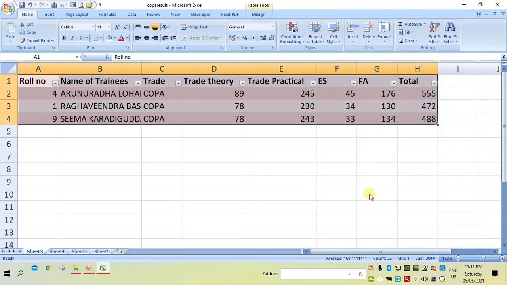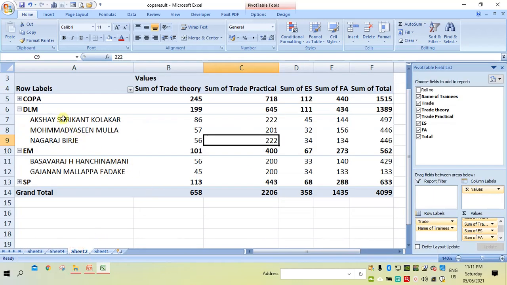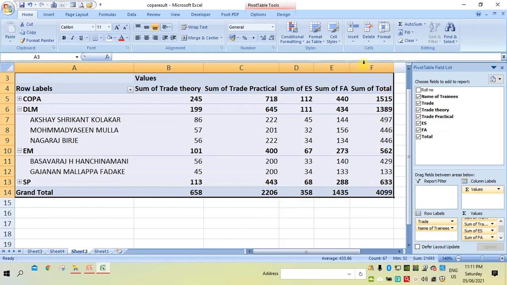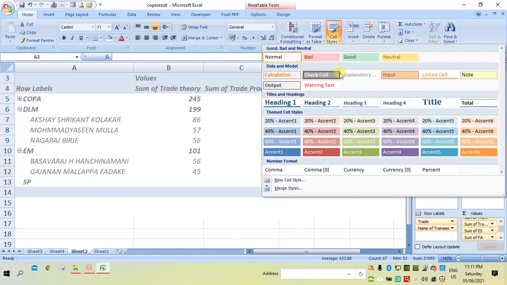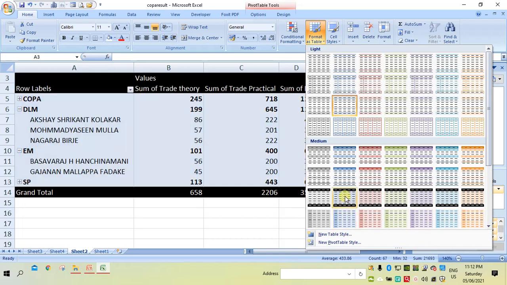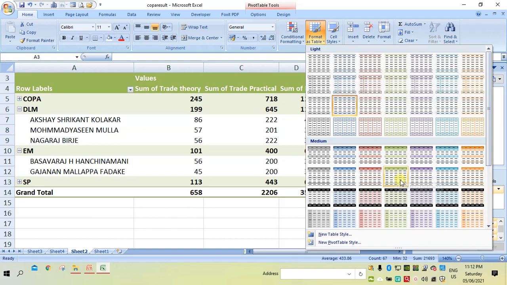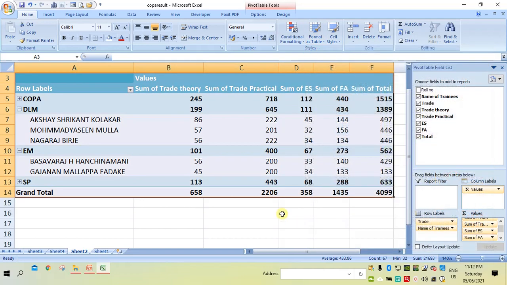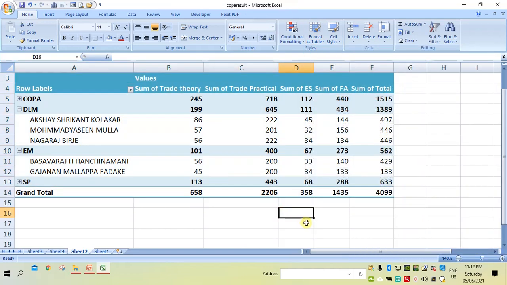You can choose and apply. Suppose you want to apply for this, you can also apply. So this is how we can use a pivoted table.